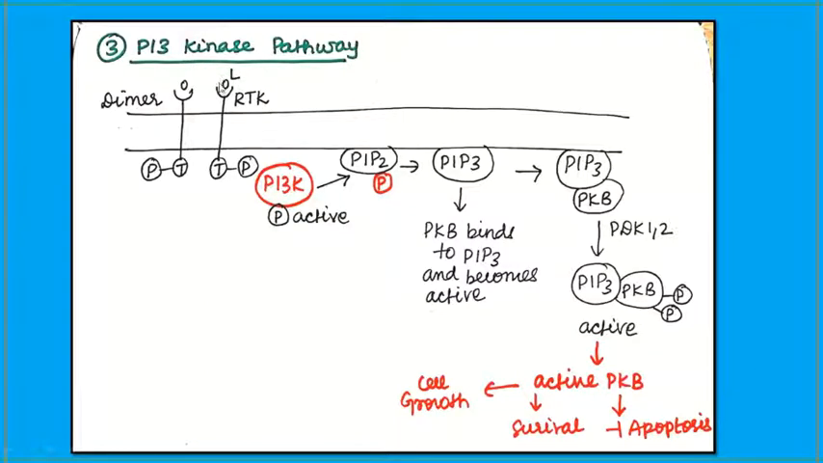The ligand will bind to the receptor, dimerization of the receptor, autophosphorylation of the receptor, then that will activate an enzyme PI3 kinase which will catalyze the conversion of PIP2 into PIP3, and our protein kinase B, which is a kinase, will come and bind to PIP3, and for activation of protein kinase B we require PDK1 and 2. When the PKB is phosphorylated, it becomes active and it is helpful in cell growth, cell survival and inhibition of